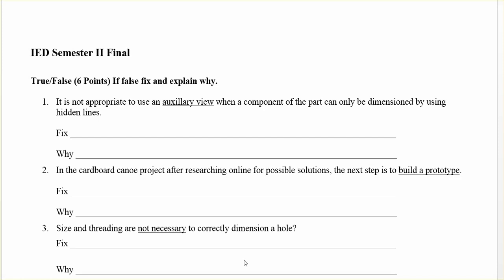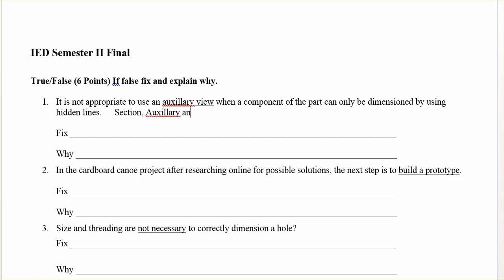It is not appropriate to use an auxiliary view when a component of the part can only be dimensioned by using hidden lines. Well, it says auxiliary view. Well, there were three types of auxiliary views. Those three types of auxiliary views were section, correction, there were three types of alternate views. Those three were section,